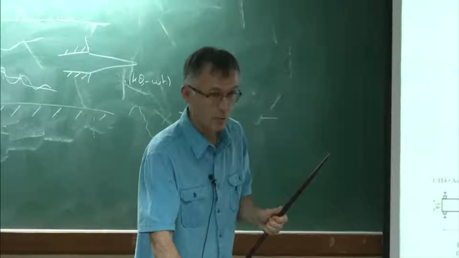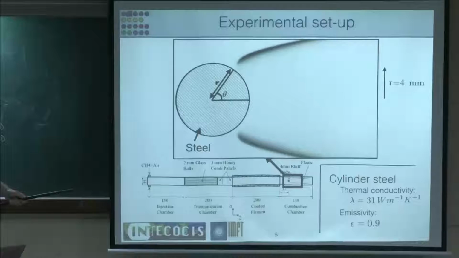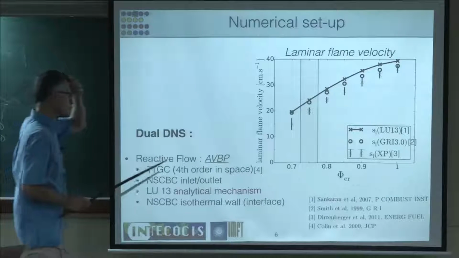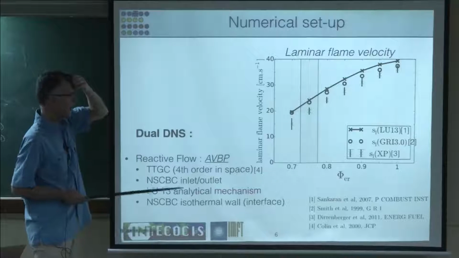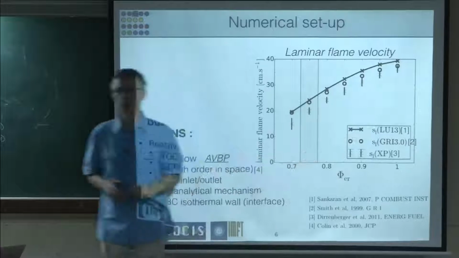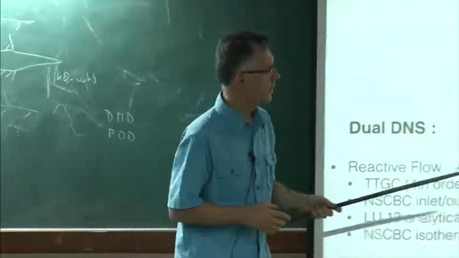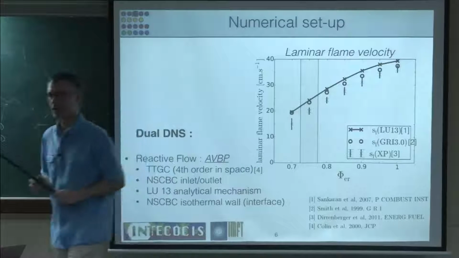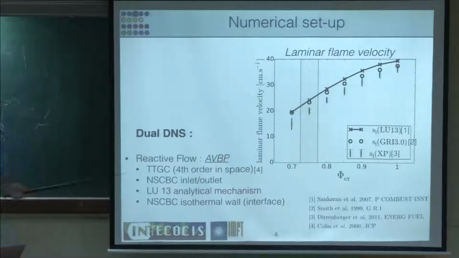One of them has a cooled flame holder, and the other one is uncooled. So here, to do that, we used AVBP as usual, and we used this reduced chemistry, ARC, that we discussed 2 days ago. Here, we used a 13 species scheme for methane. We also used a 19 species. The results I'm going to show are for 13 species. Actually, for 19, they are much better.